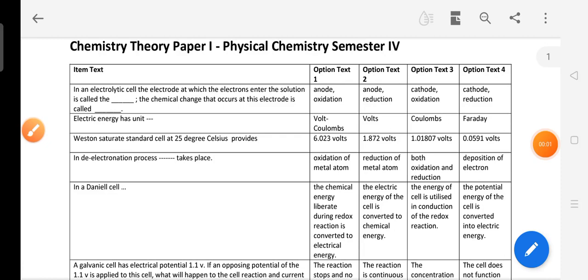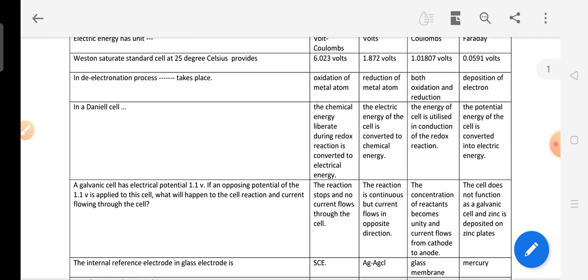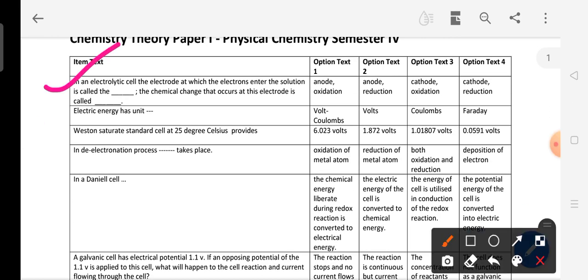Hi everyone. In this lecture, we will discuss practice MCQs of the electrochemical cell. First MCQ: in an electrolytic cell, the electrode at which the electrons enter the solution is called? And the next MCQ: the chemical change that occurs at this electrode is called? Now there are four options. We know the answer to this question is